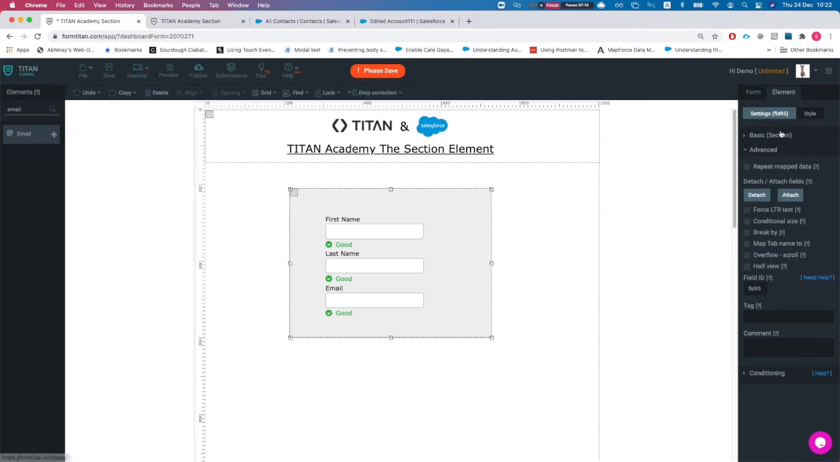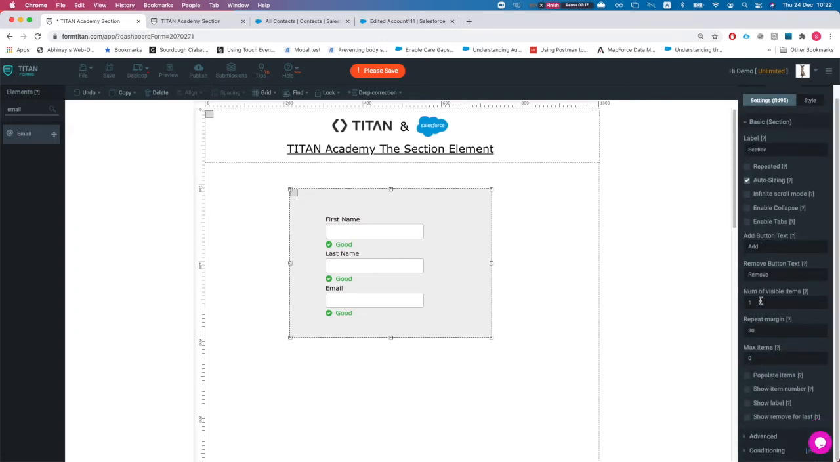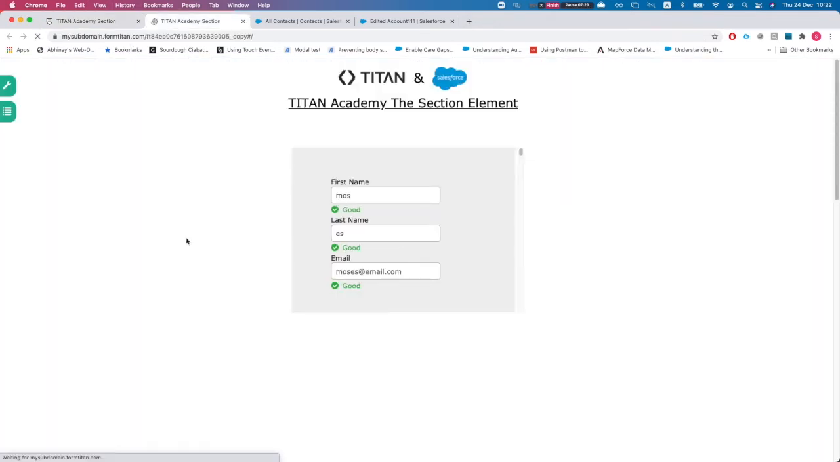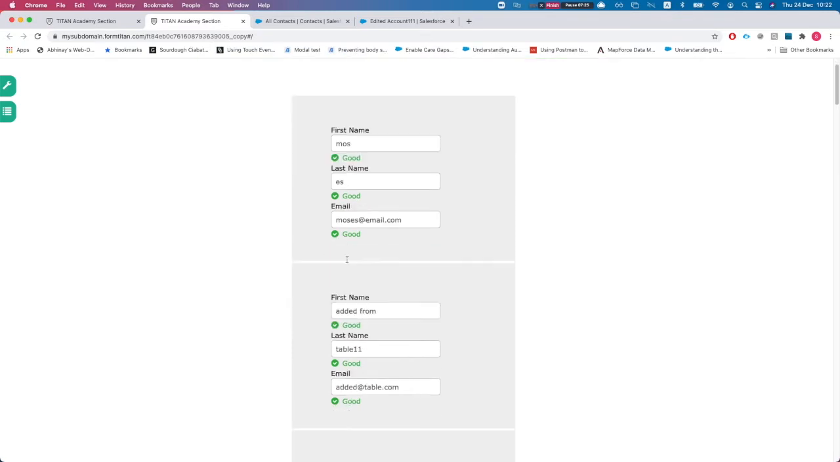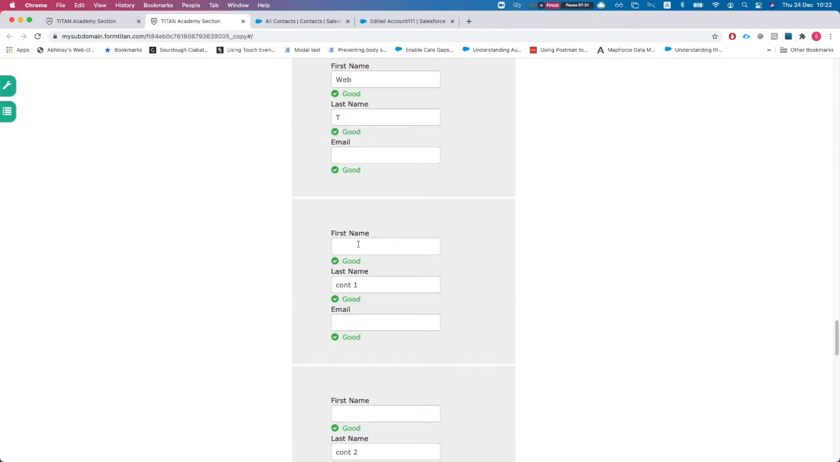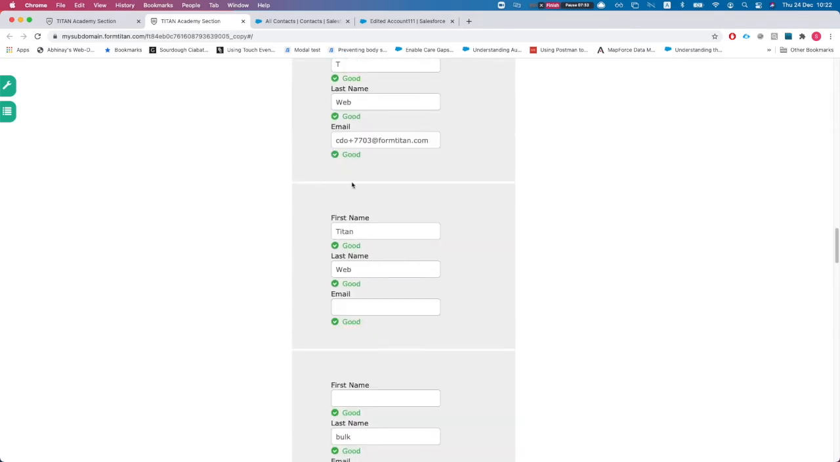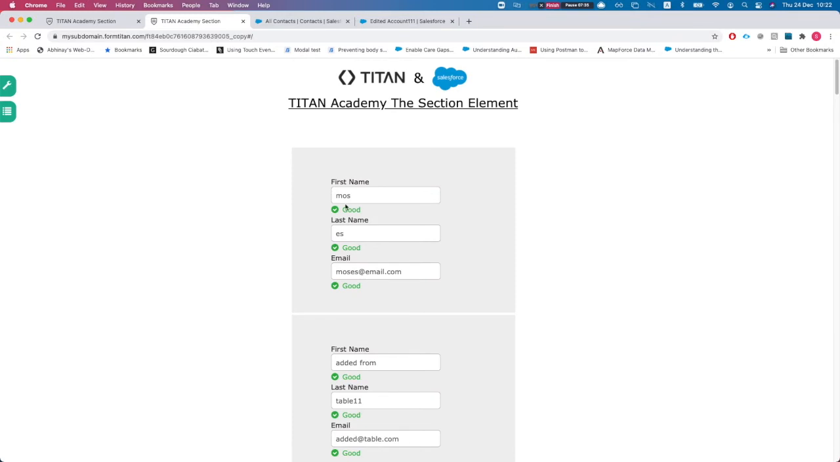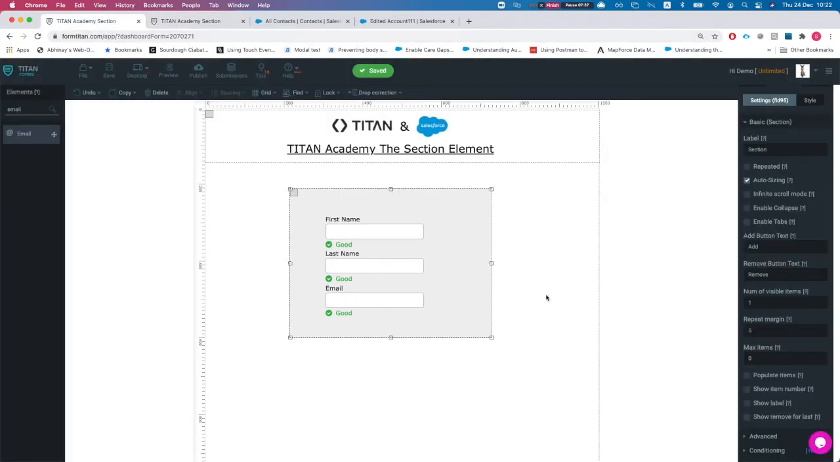Okay, so we take the auto sizing, and let's say the repeat margin to be 5 pixels, and let's see what this will do. I'll go back here and refresh, and we can see that it just rendered it, and the page grew automatically according to the size of the sections. All right, let's move on to